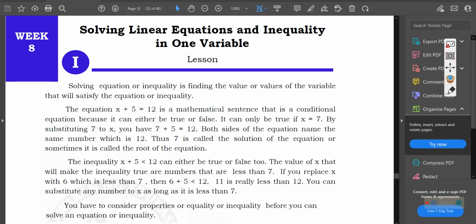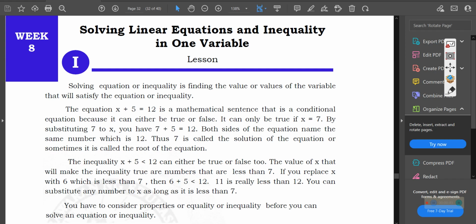So this time, sabi ko nga po sa last video, ang i-discuss ko naman ay yung tamang, o yung proper, na pag-solve ng linear equations and inequalities, gamit na po yung algebraic methods. Okay, so last time kasi trial and check lang tayo. So, ngayon naman po, aaralin natin yung mga properties na gagamitin natin for us to be able to solve these